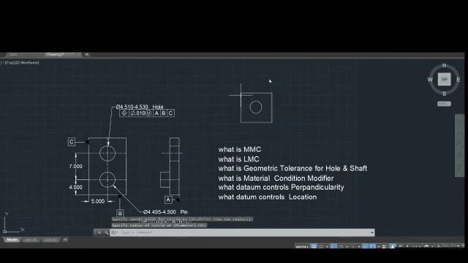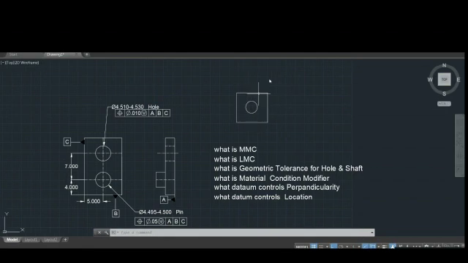This is a rectangular plate, and in that plate we will be drilling this circle. The maximum amount of material in the plate is available only when the diameter of this circle is smaller. If the diameter of this circle is bigger, then a larger amount of material is removed from the plate, and this indicates least material condition.